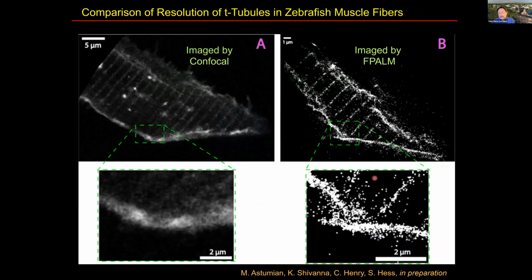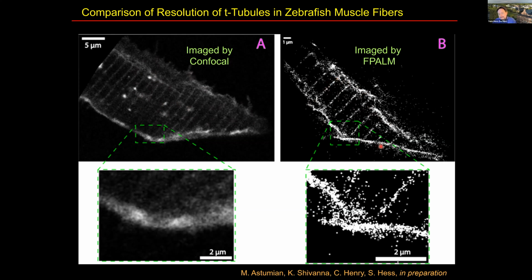One last application I'll mention, muscular dystrophy is obviously a significant health problem, and one version of that disease can be modeled in the zebrafish as well. In order to make this work, we have to also be able to do super resolution of the muscle. And you can hopefully see that the confocal is able to see the T tubules, but the localization microscope sees